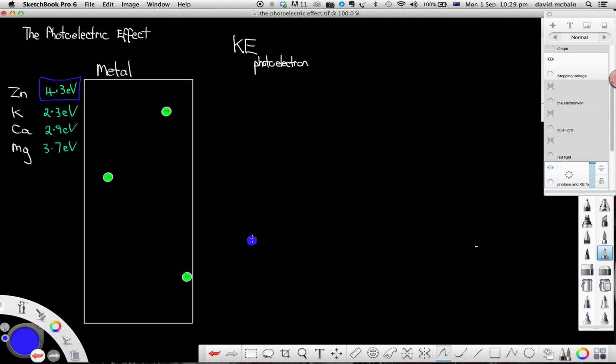So here's our photon, and it's coming in, it's going to strike that electron. So it's equal to the energy of our photon, which is HF. So the kinetic energy of our photoelectron will be HF,